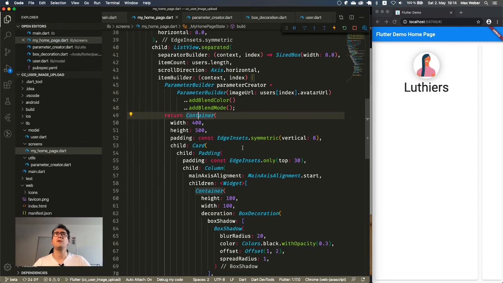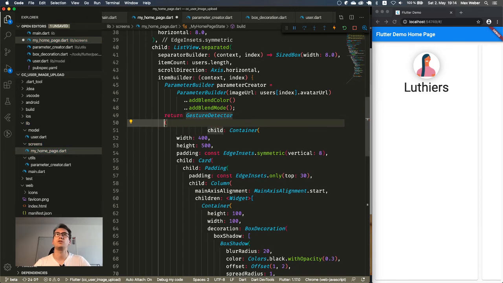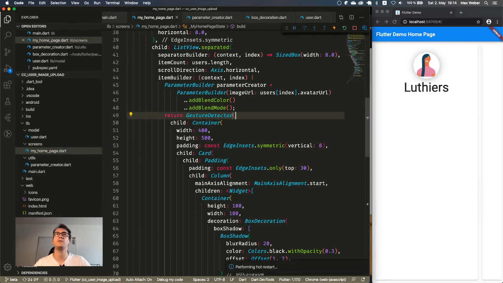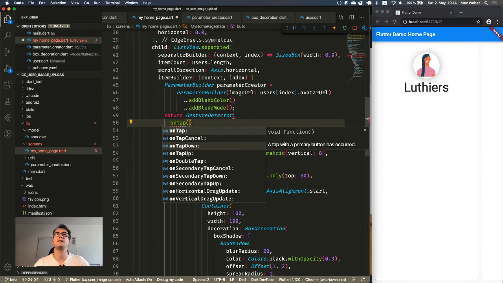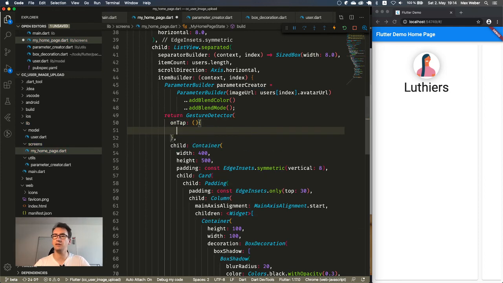Okay, so what I would do is I surround these containers with a widget that is a gesture detector, which is most of the time the easiest way to make a tap event happen. And this tap event has now the possibility to navigate us to a next page. There are multiple ways we can navigate. We have a named routing system, we have a routing system, we have this one.